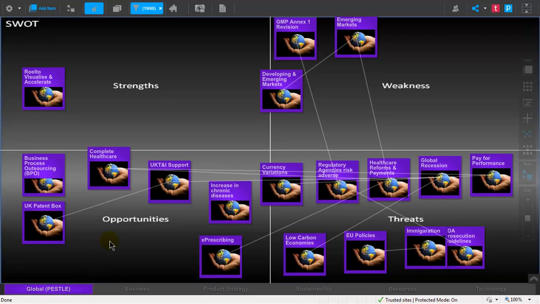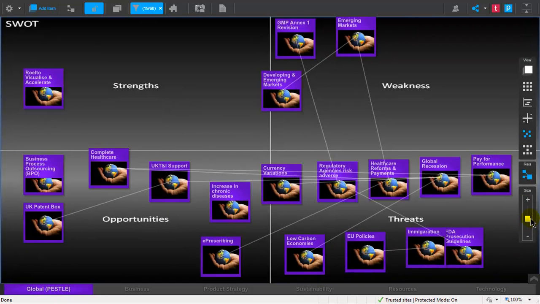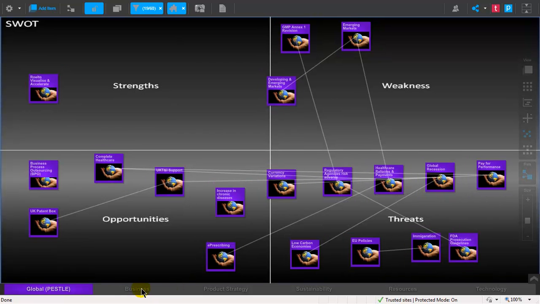So here I've just switched them on, and we can now see where we think some of these are our strengths and where some of the weaknesses and threats and opportunities are. And we've also shown some of the relationships in between them. So if I just reduce the size down for a moment and then switch on the other items that